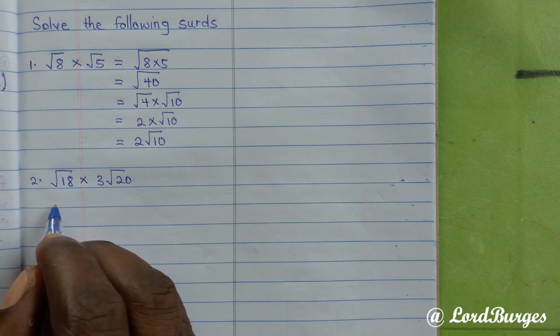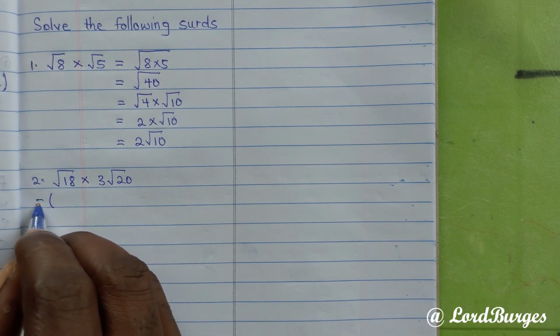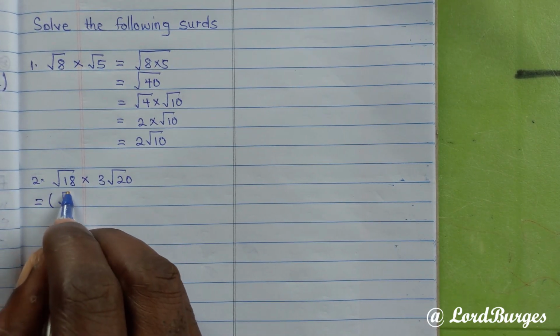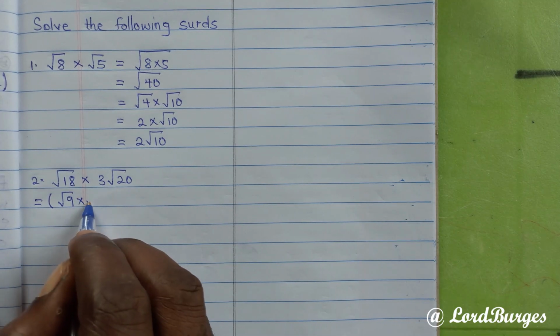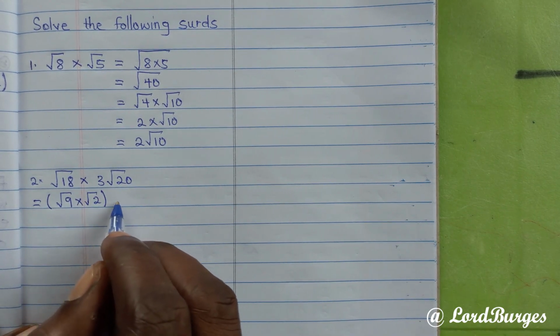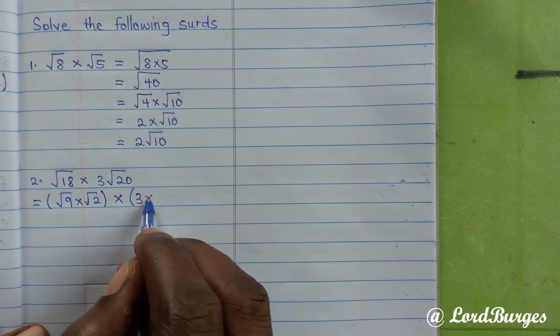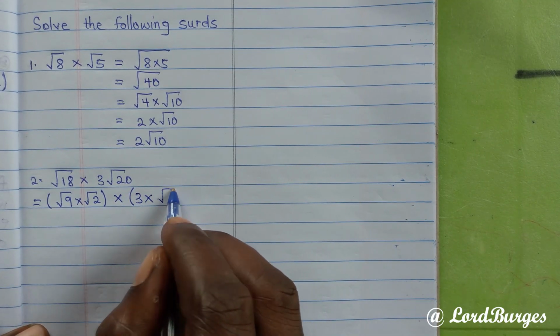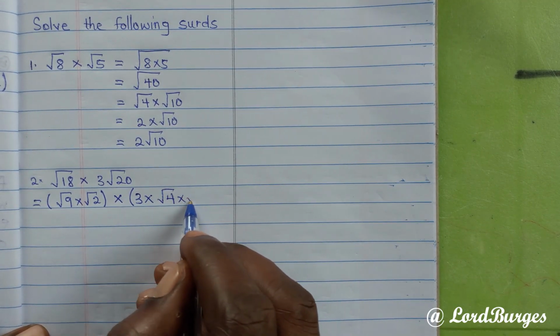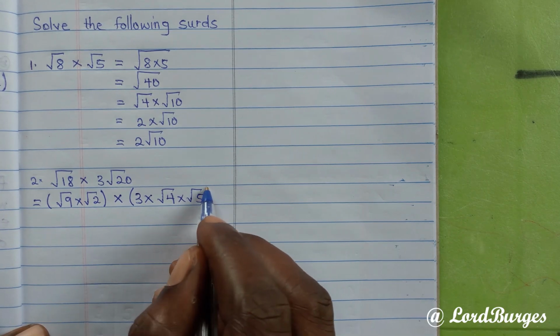I should be having the root 18 will be root 9 by root 2 times 3 times the root 20. I should be having root 4 by root 5,